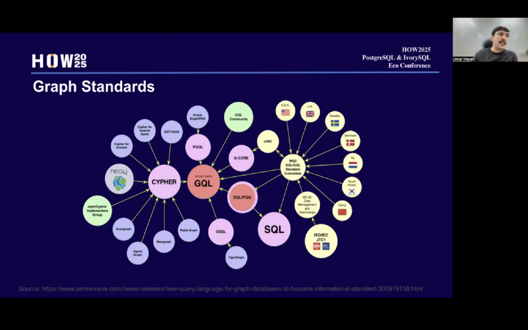But recently, two standards from the international standards body surfaced, released in the last 2 years, in 2023 and 2024. One was SQL/PGQ and the other was GQL. I will tell you a little bit of detail about them.